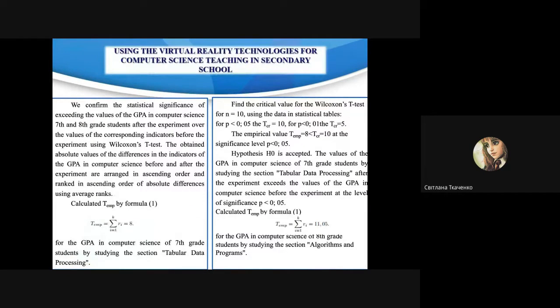So after we concluded our research and actually provided virtual reality in the educational process of Vinnytsia Lyceum, we concluded that the educational results were quite a bit better than they were at the start of our research, and to check if it really is,